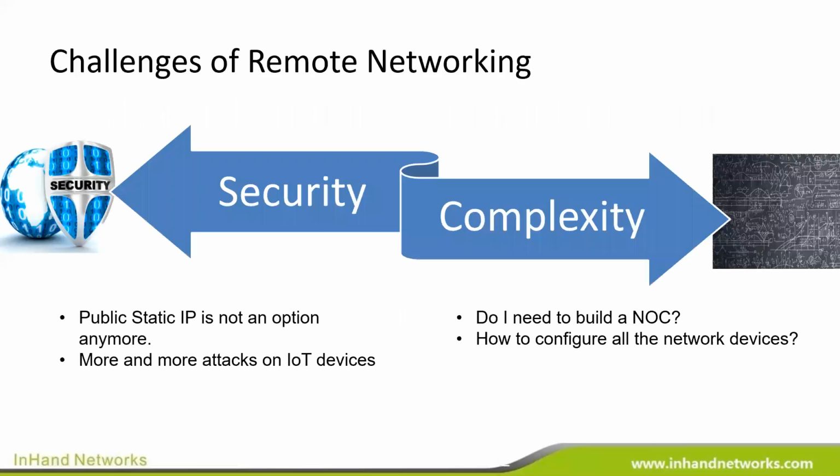So let's get started. First, we're going to talk about the challenges of remote networking. One of the huge dilemmas of today is that the IT industry is requiring more and more security. With the increase in attacks and a focus on IoT devices specifically, a prime example would be the public static IPs. It's been getting pushed away due to the fact that more malware, more attacks are